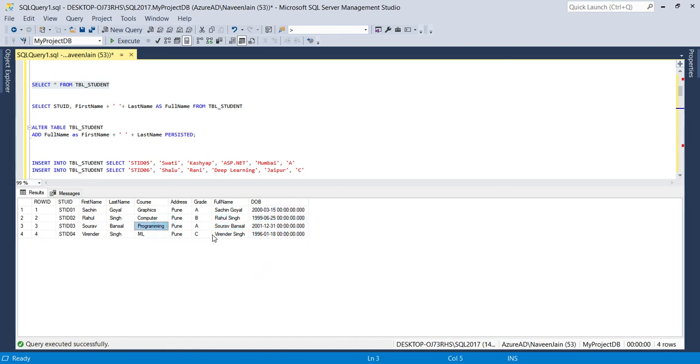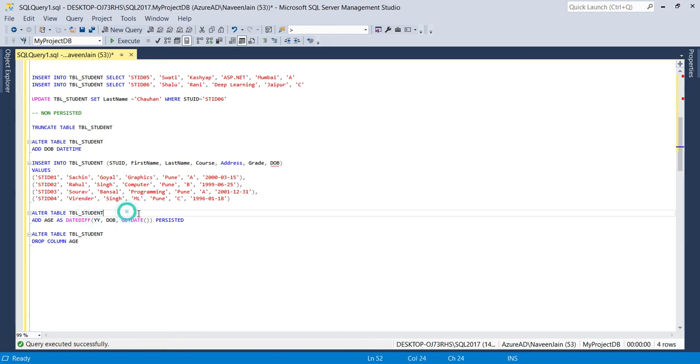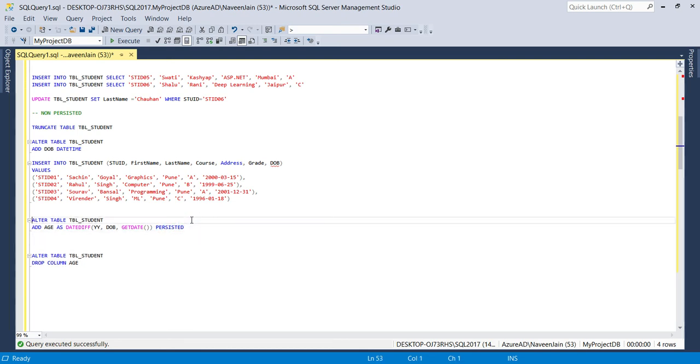Now suppose we want to add an age as a computed column. To add the age as a computed column, if we mark it as persisted, SQL will not allow that because the value is not determined. We will run this command, SQL should give us the error.